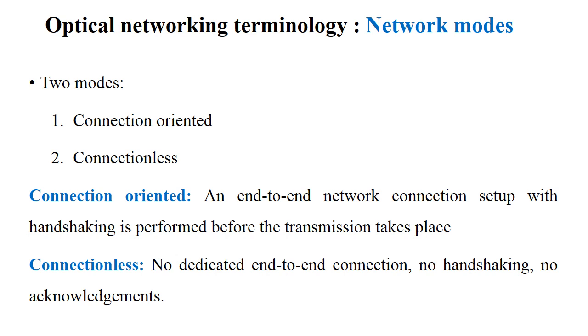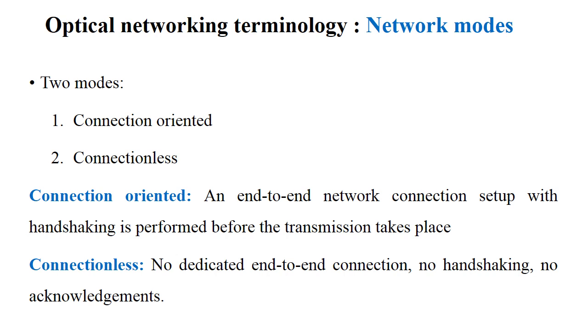And it must also be identified properly that as long as there is a connection or data transmission between source and destination, no other nodes or connections can be established by making use of the same path. That means there will be a dedicated path between the source and the destination until the completion of the data transfer. So this is called the connection oriented service.